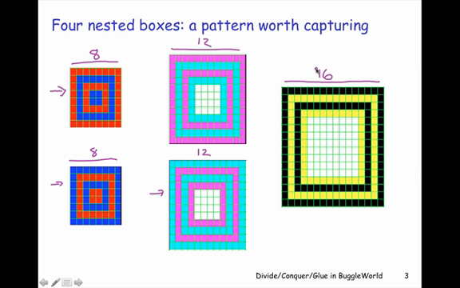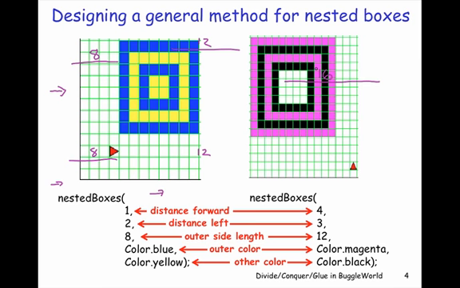yellow. So what we'd like to do is capture the common components of the designs that we're seeing in a method. And here's one way that we could capture these. So imagine that in addition to capturing the side length and the 2 alternating colors, we're also capturing the starting point of the nested boxes relative to the original position of the buggle. And this is not strictly required, but it turns out that this is going to help us to glue together